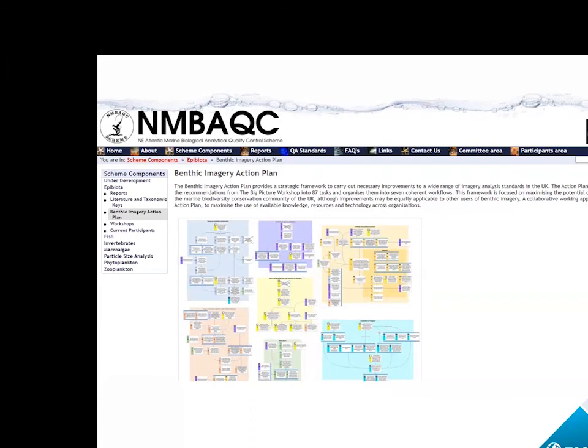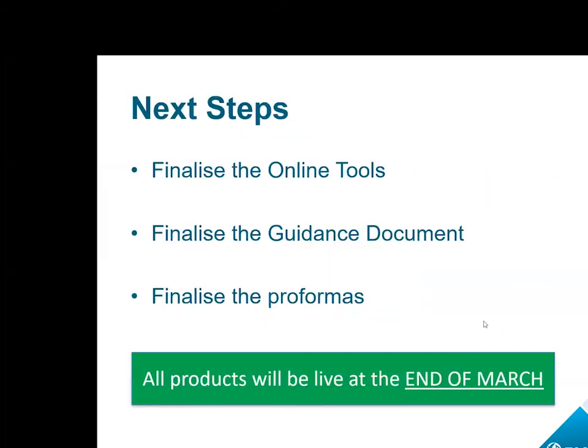We'll also be producing guidance documents on how to use the proformas and also the tools to make sure that people can understand how to effectively use them and make sure that functionality isn't hopefully a problem in the actual running of the data in terms of what's been put into them. In addition to that, the next steps will be to get things finalized by the end of March. So the hope is to get the online tools, the guidance document and the proformas all finalized by then